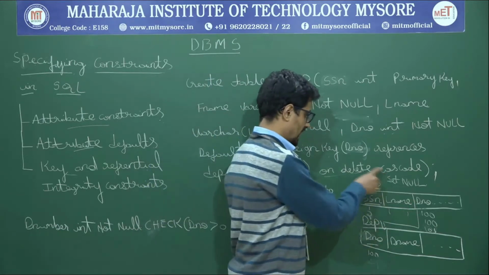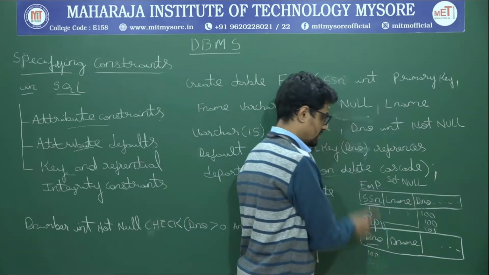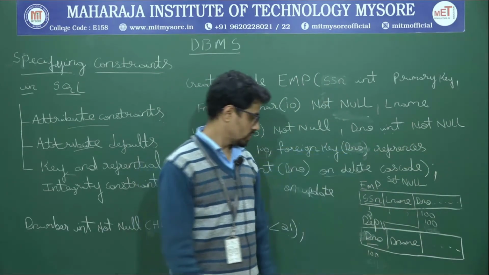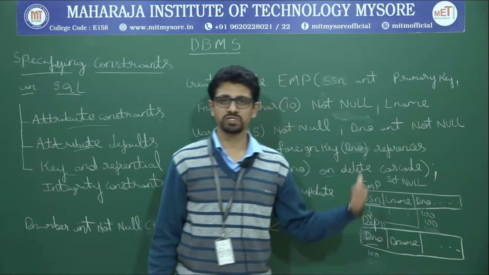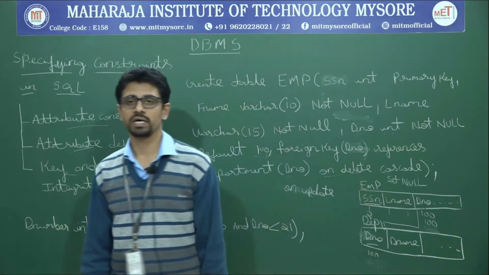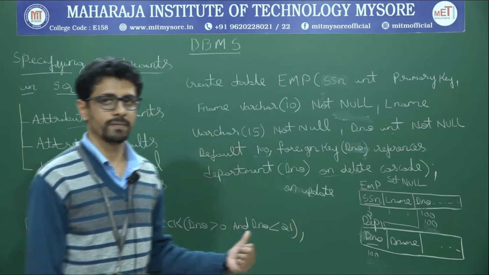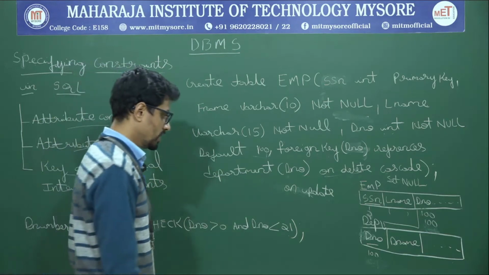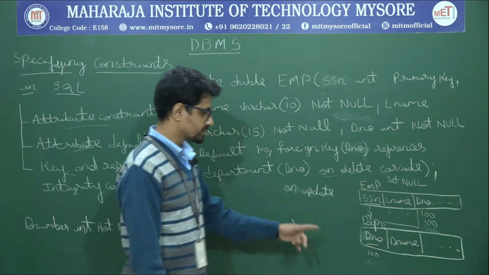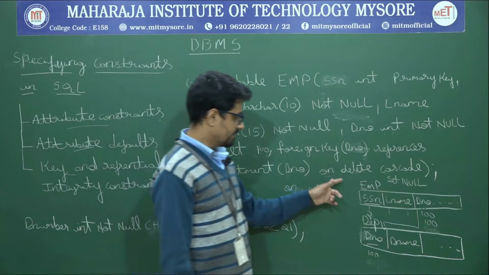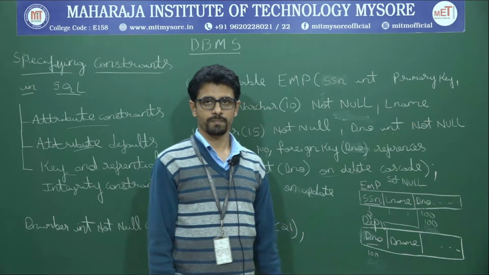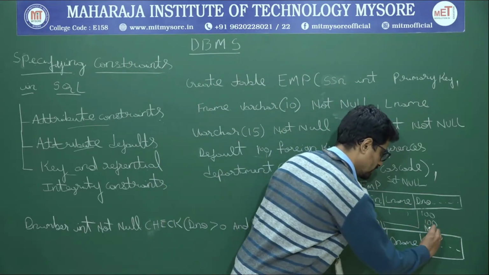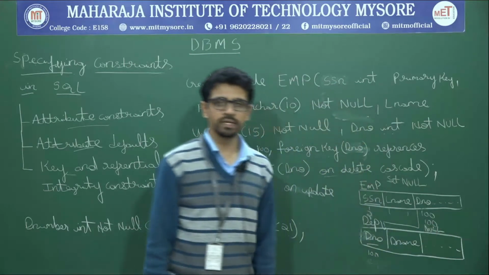Okay, say for example, I have given on delete cascade. So what I have done? I have done the deletion, do the deletion here also. So automatically the whole row number 3 will be deleted from which table? The foreign key table called employee in this example. In this example, the whole row will be deleted. Okay, and the next thing is, you can have on delete set null also. Say for example 101 will be deleted, and in this place I can have a null value set.